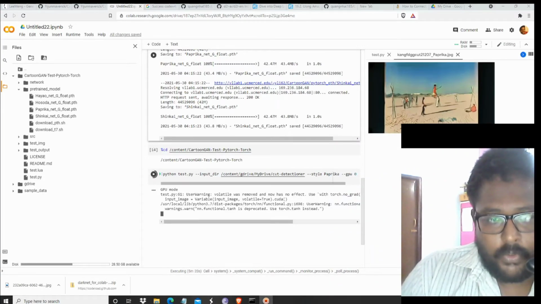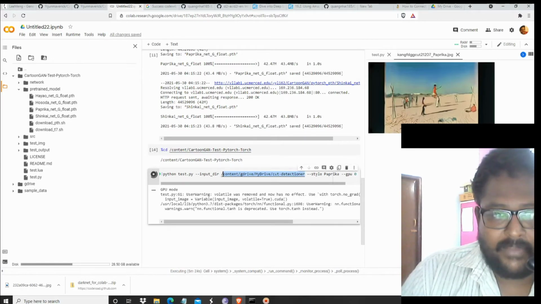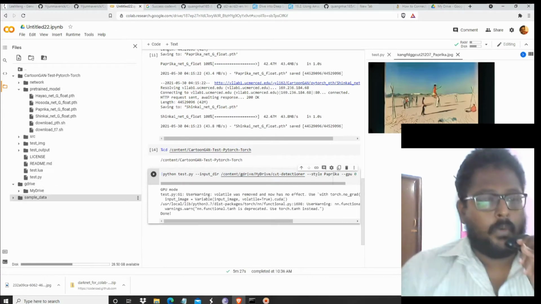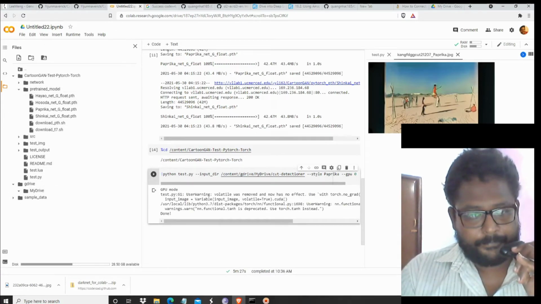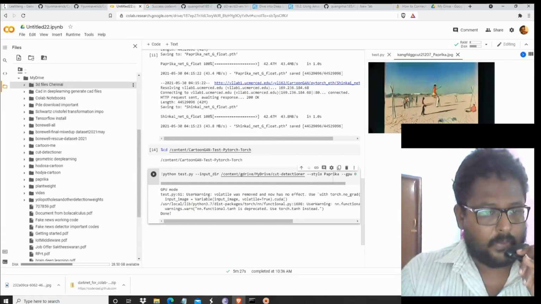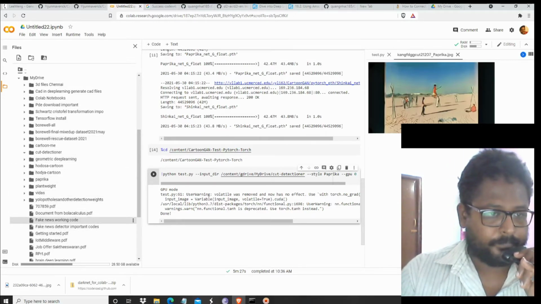Here you have to give the directory name, the drive's directory name. I have the original input images in this drive. As you can see here, the input images are over here. It is very large in size, but I don't know how to resize it.